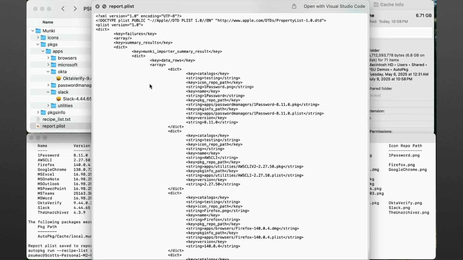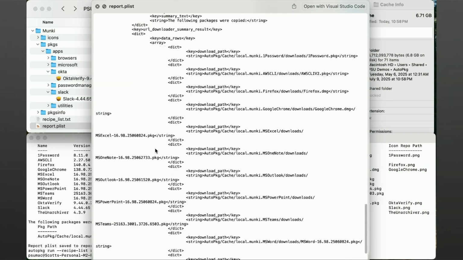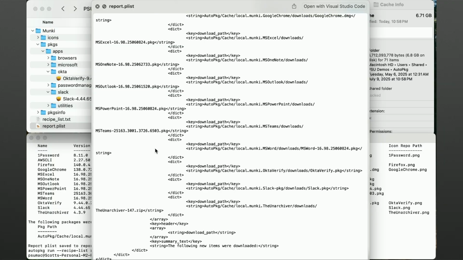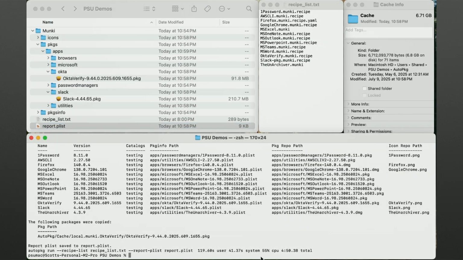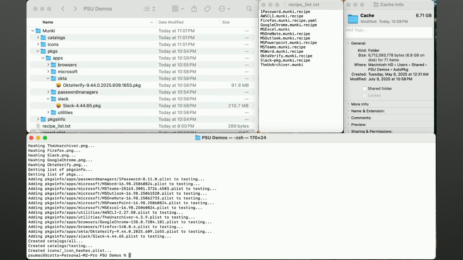You can see that structured output right here. If you're doing anything extra, you'd have to parse this, and it can be a mess. But now that it's done, we can use makecatalogs to fix up the Munki directory, just to prevent some duplicate imports when we run this again, which also should help keep the comparisons cleaner.